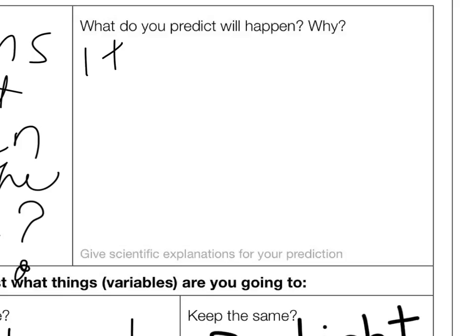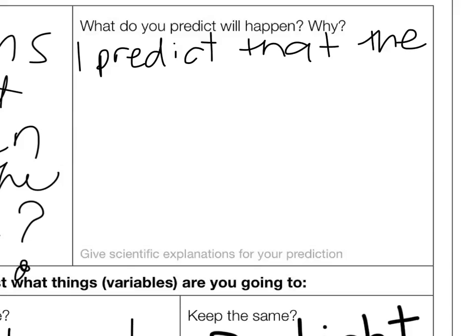I predict, no, that's a T, silly me. I predict. Okay, the younger years will usually write "I think that", but for the older kids, year 3 and 4, we definitely write "I predict". I predict that